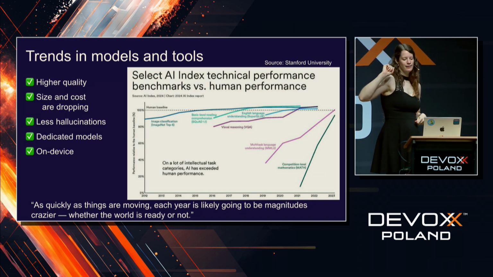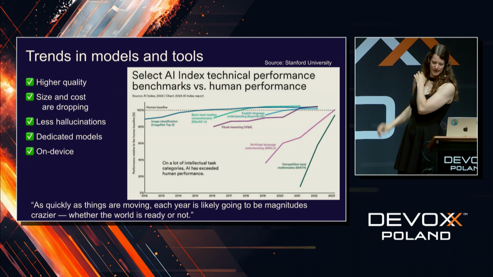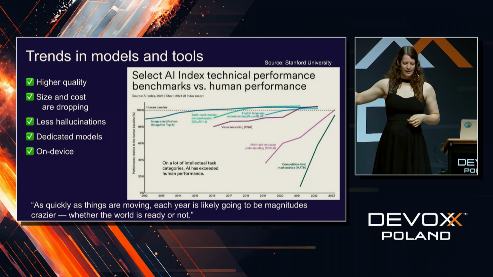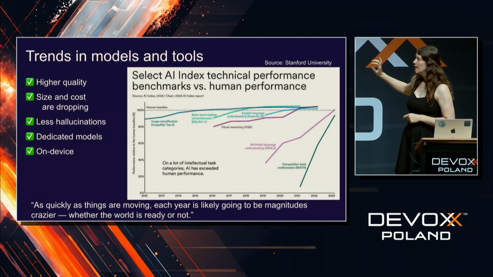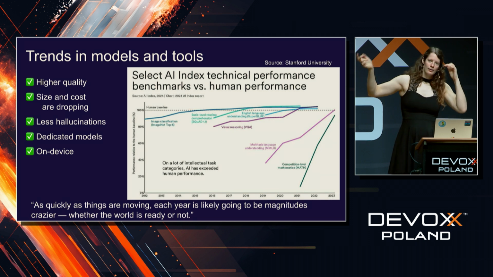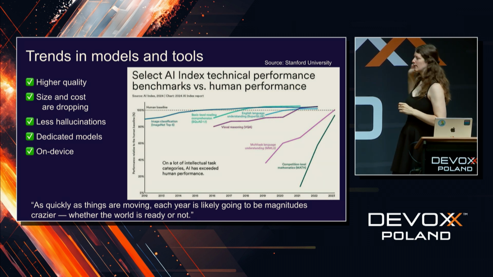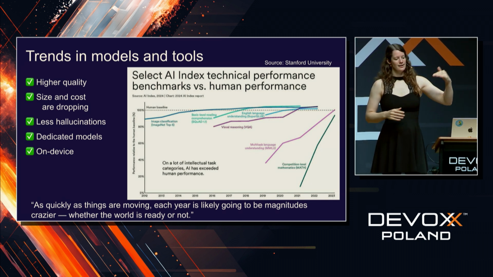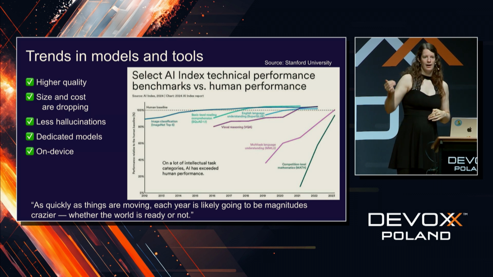Here you see a graph of how AI has caught up with the human baseline there at 100%. First, image classification surpassed humans around 2015. Then came basic level reading, then English understanding and visual reasoning, and they've all outperformed humans at this point. The last one you see going up there is competition level math. As you can see, they're catching up with what humans can do, and they're catching up ever faster.